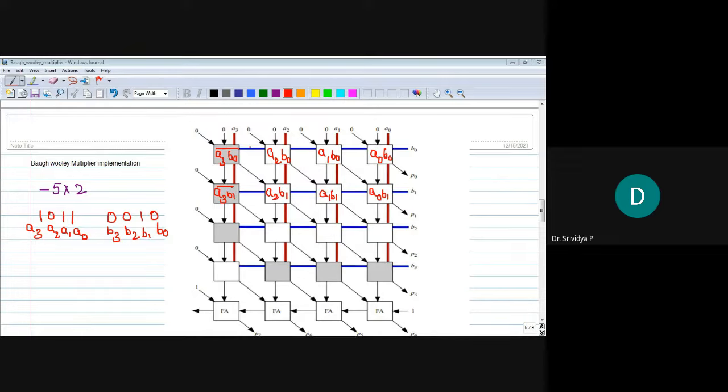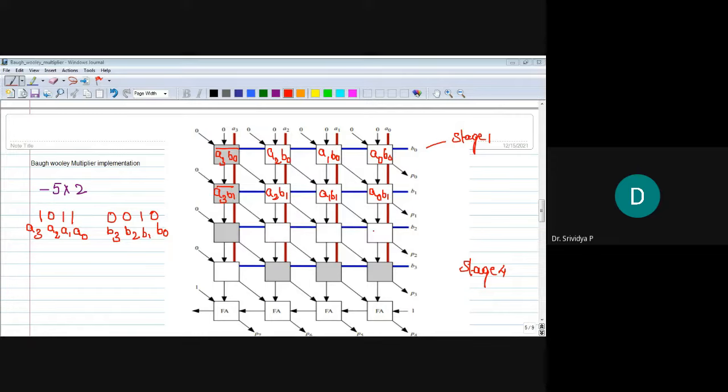Remember, the last bit in each stage is a gray cell. Similarly, except for the last bit, all other bits of the final stage will be gray cells. This is stage 1, stage 2, stage 3, and stage 4.